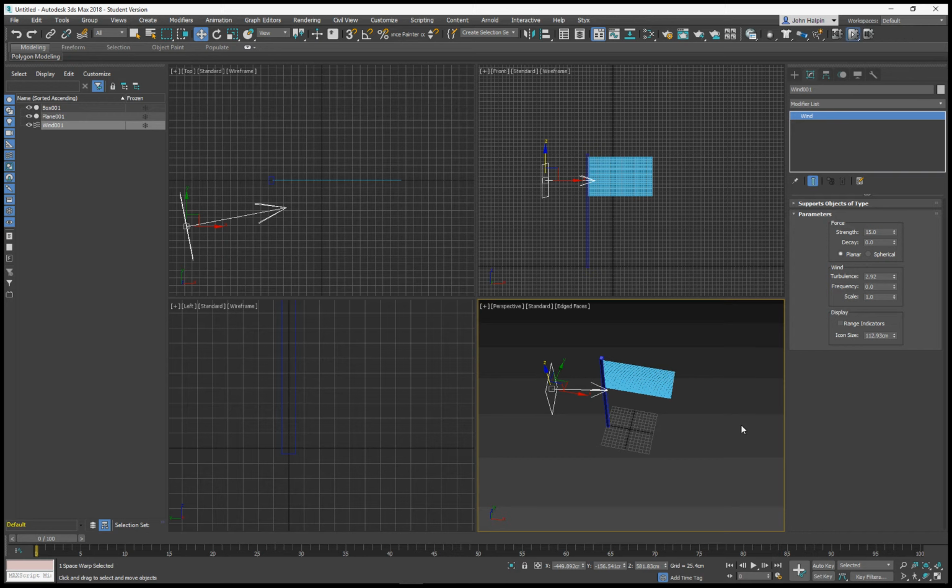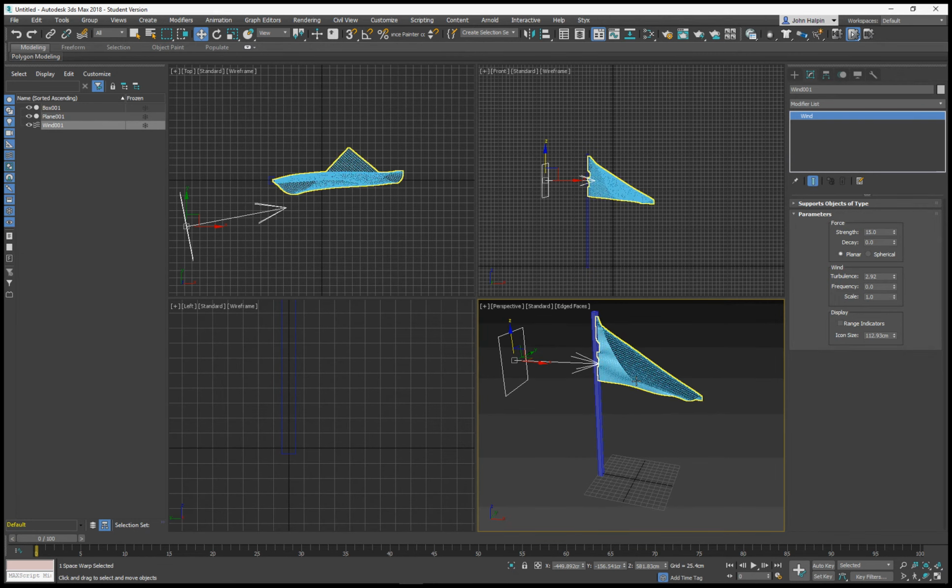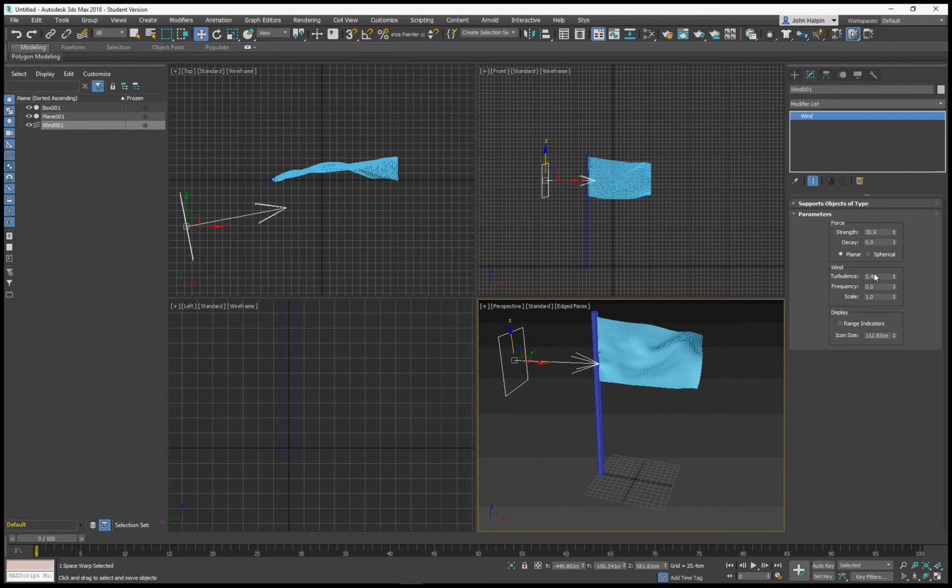Now let's play our simulation again. And the wind is having some effect now on our flapping flag. So we can adjust the turbulence, adjust the wind strength to get a different effect. Let's say we're really now happy with our animation. We can click on